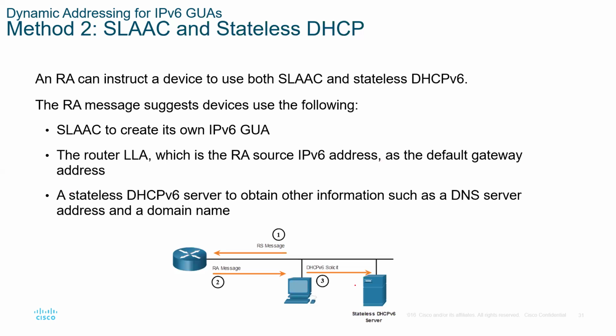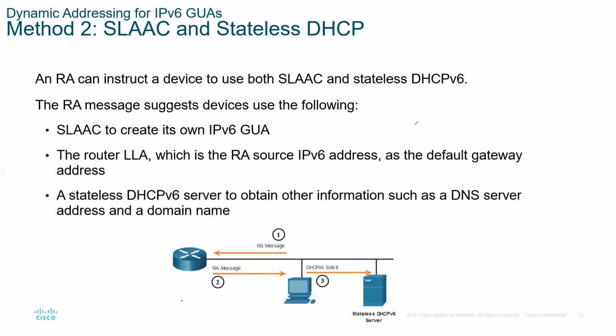server, basically. So with this one, an RA can instruct a device to use both SLAAC and stateless DHCPv6. The RA message suggests the devices use the following: SLAAC to create its own IPv6 GUA, the router link local address, which is the RA source, as the default gateway, and a stateless DHCP server to obtain other information such as the DNS server address and a domain name. So with this one,